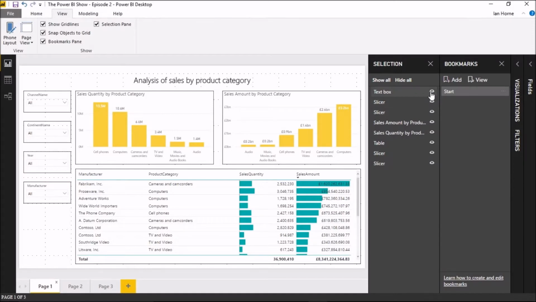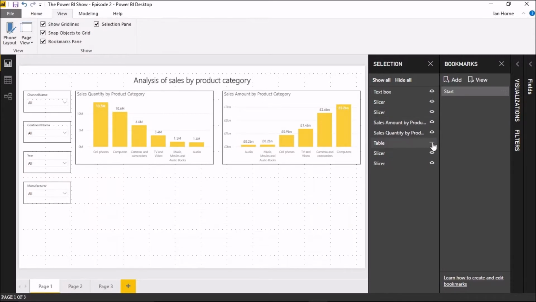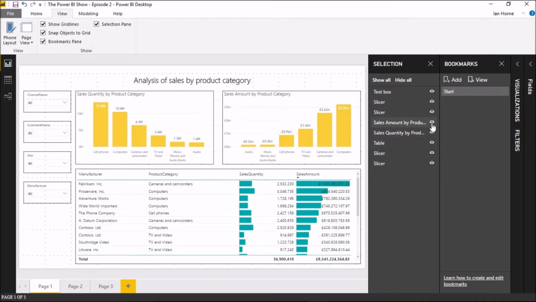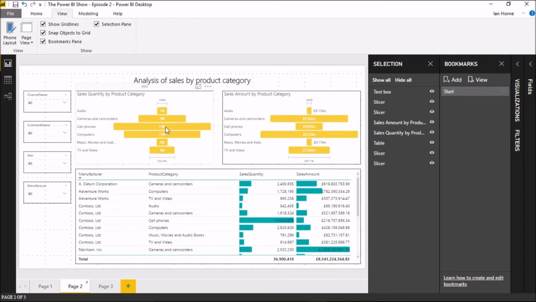So for example, I can get rid of the text box. If I click on this little eye icon, the eye closes and the text box disappears. So I can make my table disappear, or I can make the charts appear and disappear, and that status is stored along with your bookmark. So perhaps if I just show you this in action, I'll take the funnel charts from page